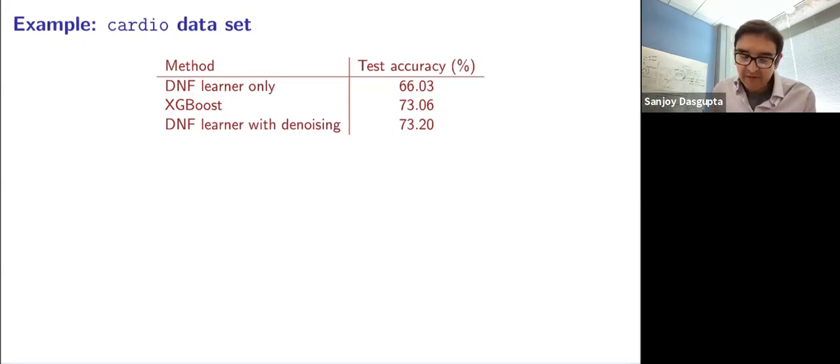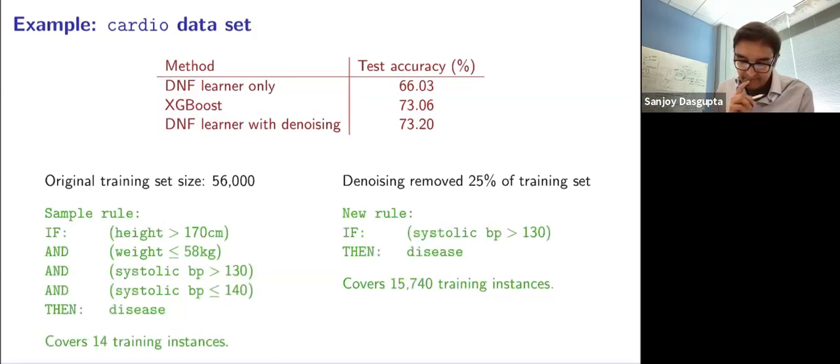Using DNF learning only, the accuracy is something like 66%, nowhere near the best possible. A boosted decision tree is much better with 73%. But after denoising, the DNF learner is better. And just to see examples of rules, on the original training set, which is 56,000 points, this is